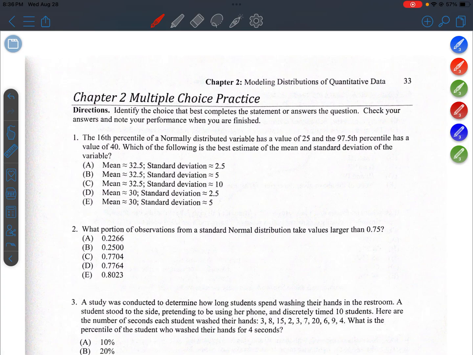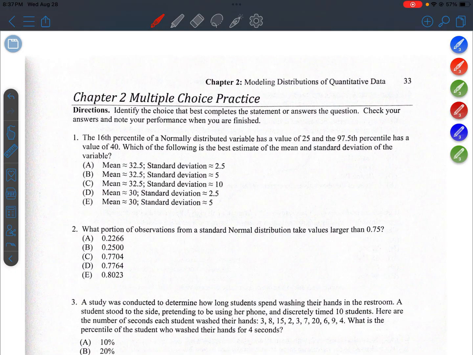Question 1. The 16th percentile of a normally distributed variable has a value of 25, and the 97.5th percentile has a value of 40. Which of the following is the best estimate of the mean and standard deviation of the variable? Okay, so